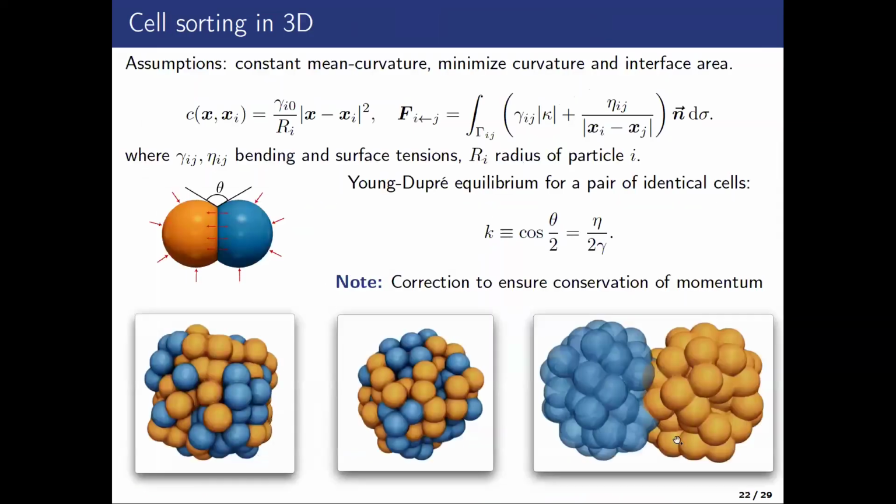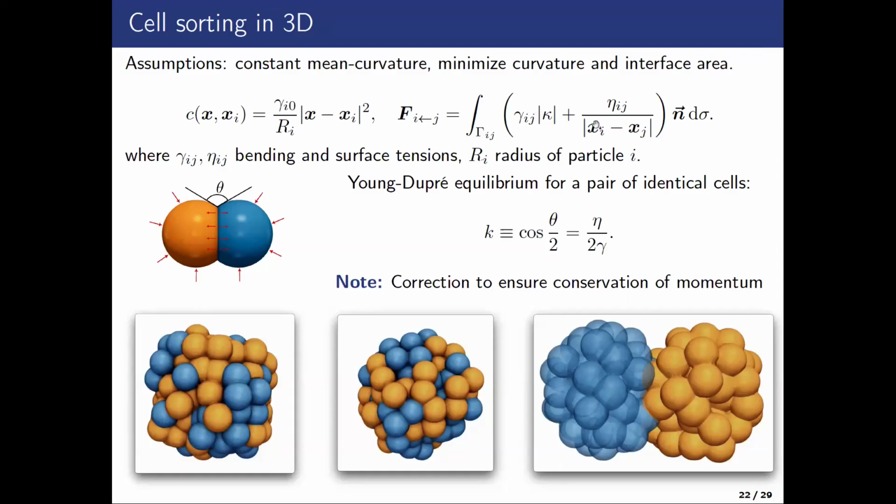So can we do that with that model? Basically, we have to choose a cost, and we have to choose forces between cells. So the cost here, I just take the L2 cost for simplicity, scaled with some kind of volume, but it doesn't matter so much. And then the forces, I spent actually many weeks or months, I don't know, thinking what should be the right forces. So in the end, I think we came up with that idea that, okay, if we want to minimize the curvature of the interface and the interface area, that's basically the two main effects of surface tension, then you can define a force